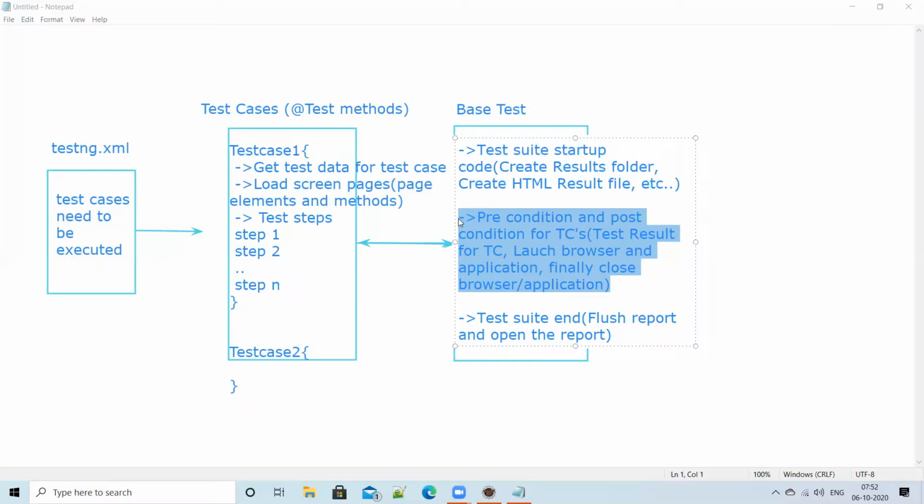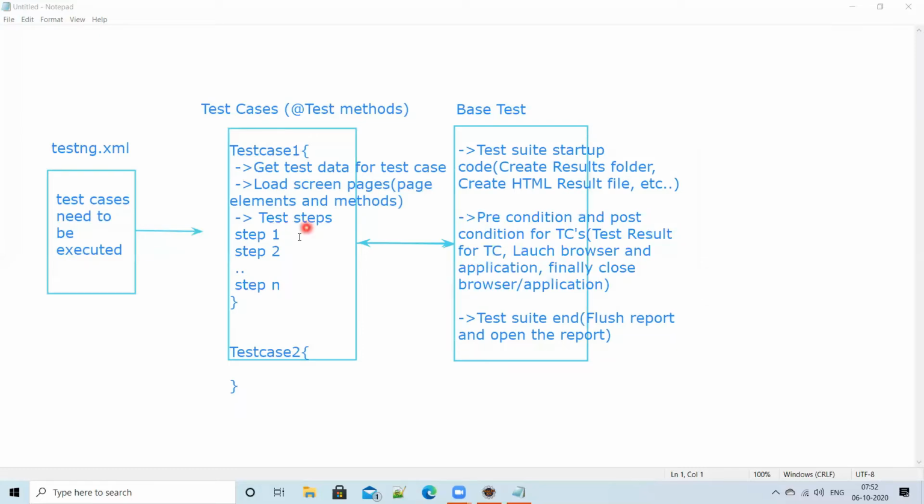Okay, so the precondition and post condition for test cases will be executed for every test case, whatever test cases you have here. For every test case, this precondition, post condition will be executed, but this one is executed only one time, and at the beginning of the execution, what is happening?